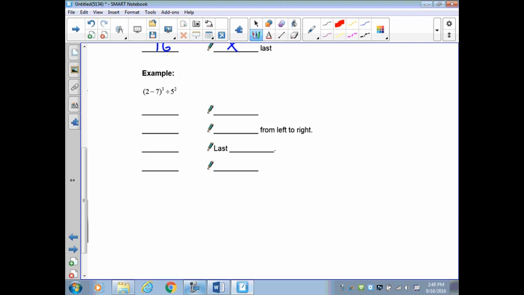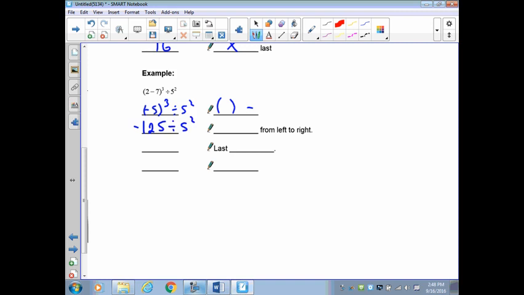All right, (2 minus 7). So the first thing we've got to do is go inside our brackets and do the subtraction. So 2 take away 7 is negative 5 inside the brackets. Remember that, divided by 5 squared. Now, remember the negative 5 is important. You keep those brackets in because that forces the negative to be part of the base. So now, negative 5 times negative 5 times negative 5 is negative 125,